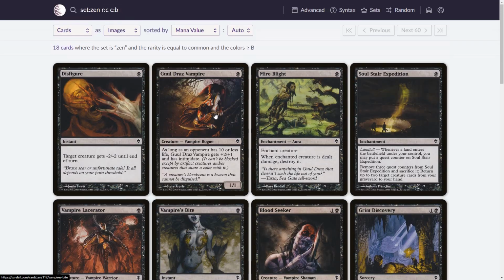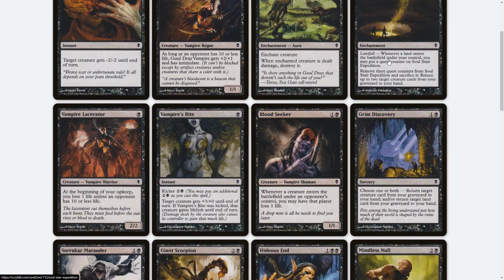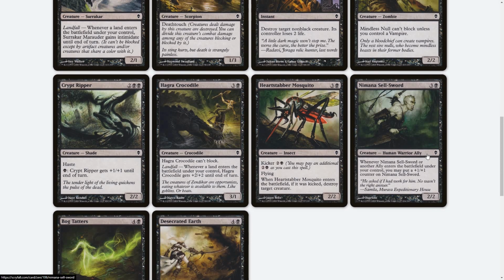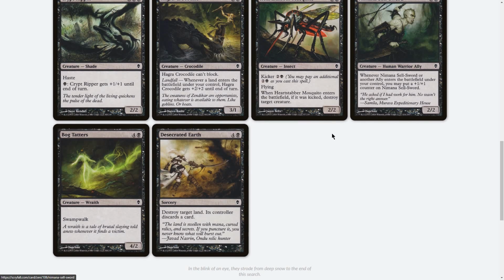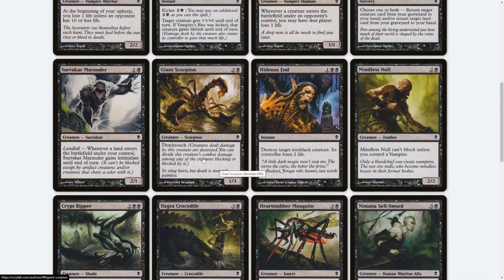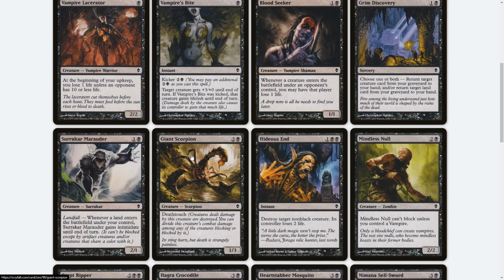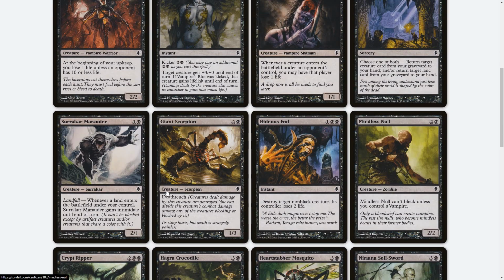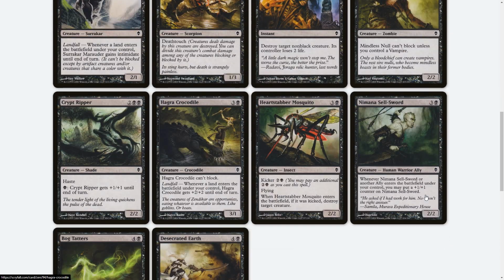We've got some kicker stuff at common in black. Bit of landfall. More kicker. There's allies as well here. Oh, there's our land destruction. It's +2/+2 until end of turn, +1/+1 until end of turn, so you've got some pump going on as well. There's deathtouch. And we're seeing vampires here, zombies, scorpions, suricate, I think that is, insects, crocodiles, there's our ally,